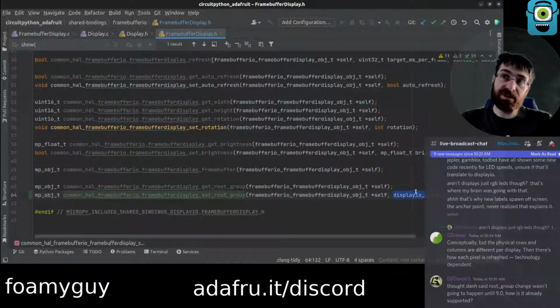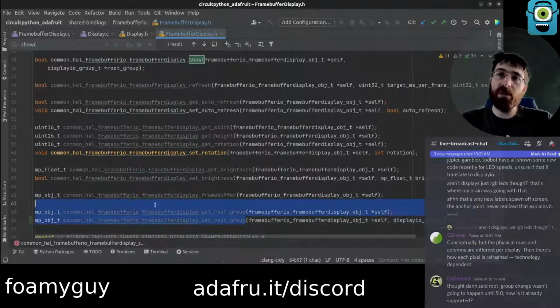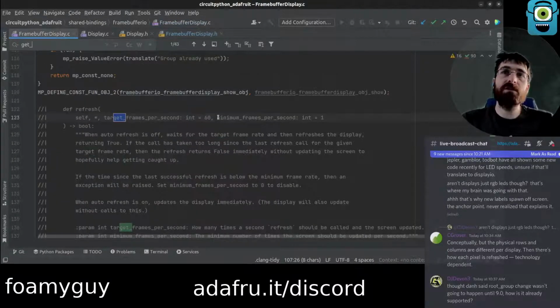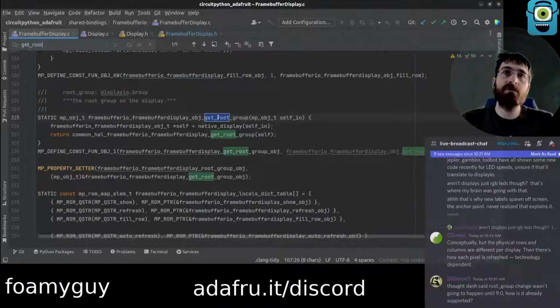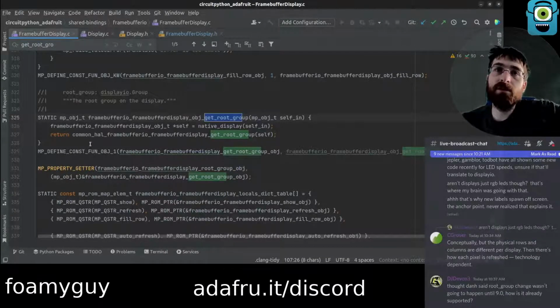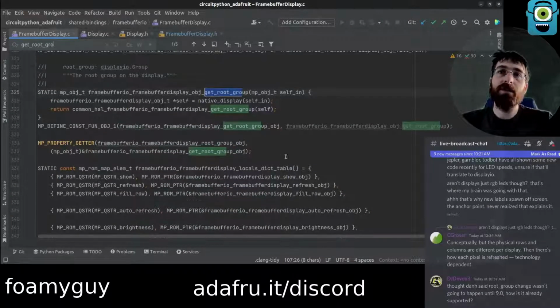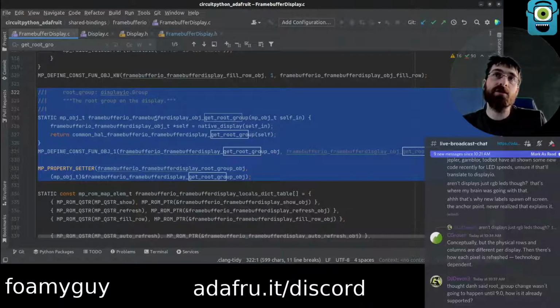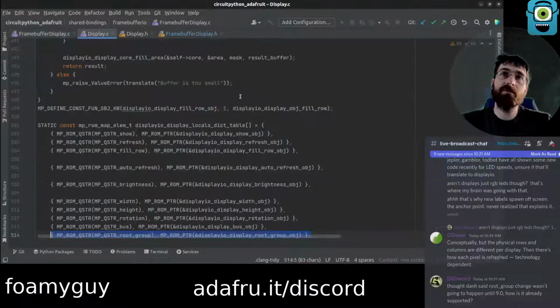Group will be the same though, because it is still a group object. Okay, so we should be actually good in here, I think. I guess this means there's already a get root group inside of here. So we're actually good there. What we really are going to be doing is changing this section here, which currently represents only a getter. We're going to be changing it to both a getter and a setter.